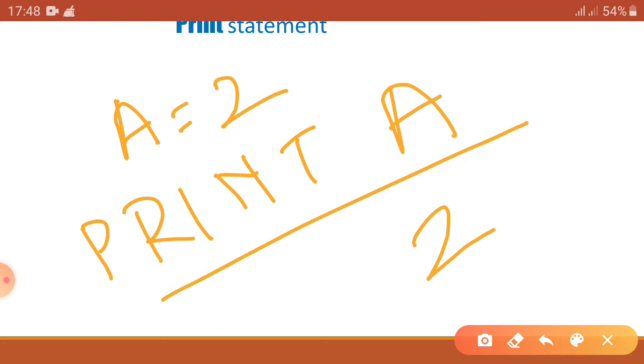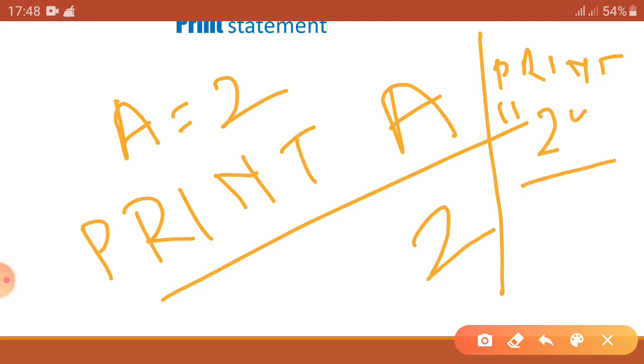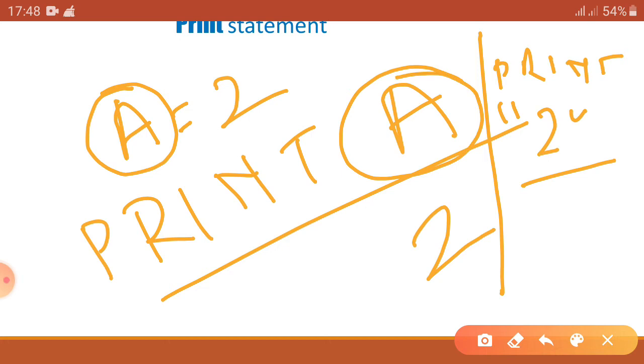Look very carefully. In the previous example we just wrote print, and then inside the double quotes we wrote 2 and executed it, and on the output screen it gave us 2. Here we are doing the same thing but using a variable. One important thing is that as A is a variable, we are not using double quotes for the variable.